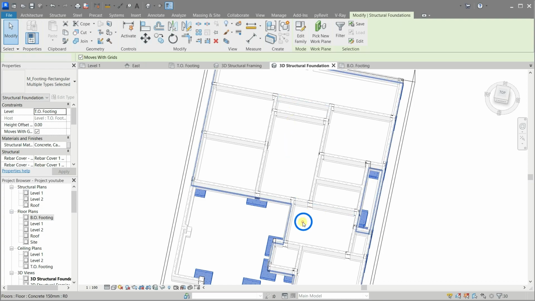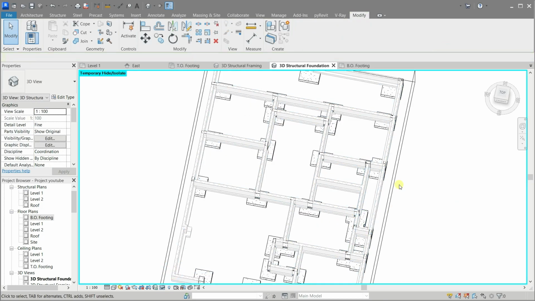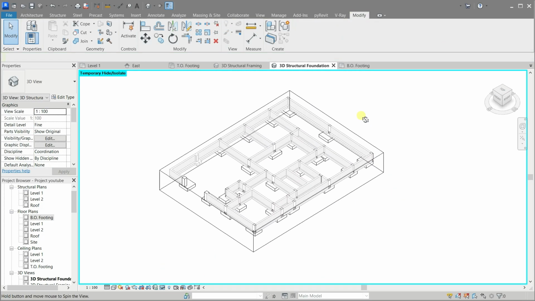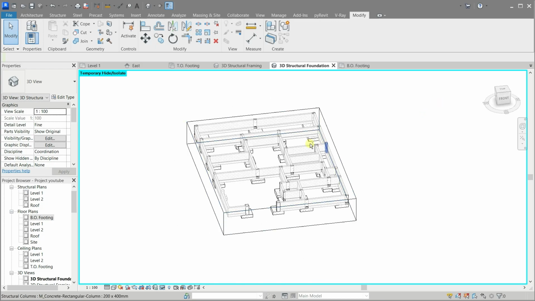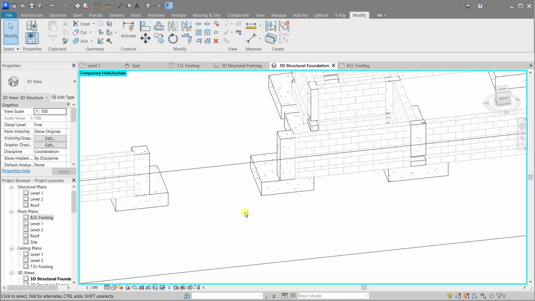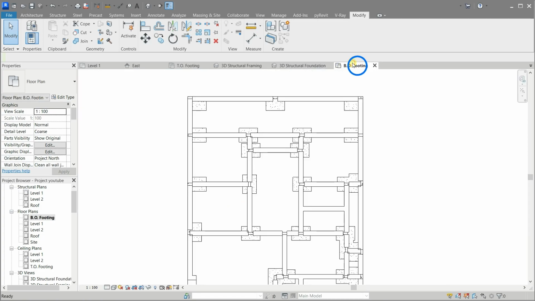Let's hide the floor in this view. Now it's much better. We can see everything. Now let's start making wall footings.